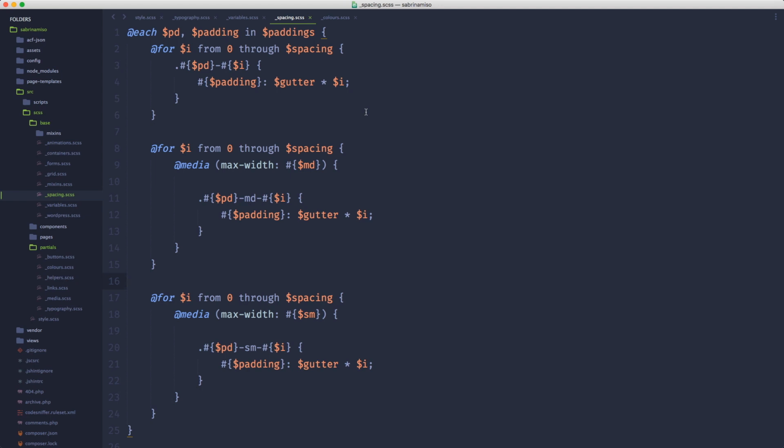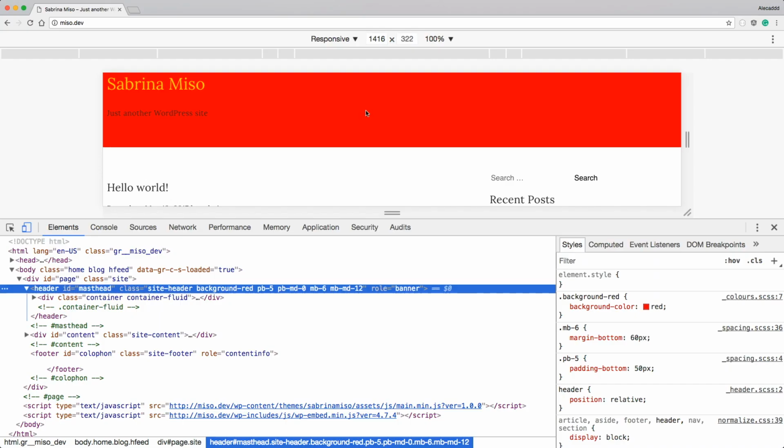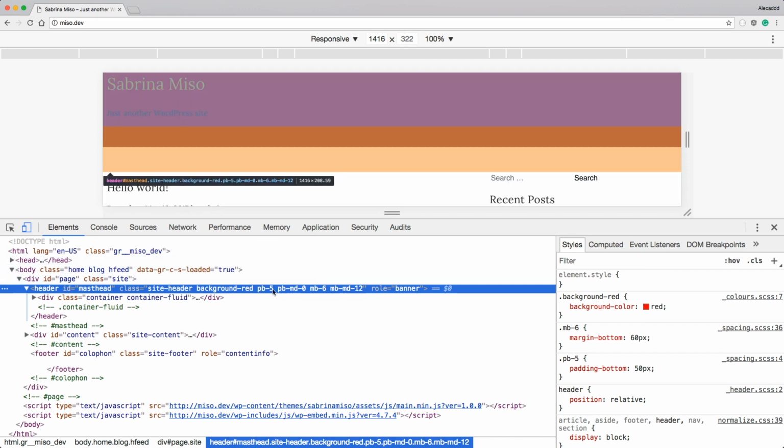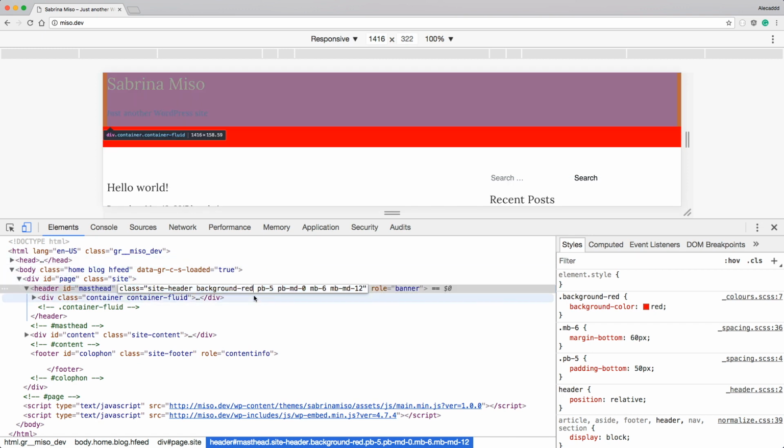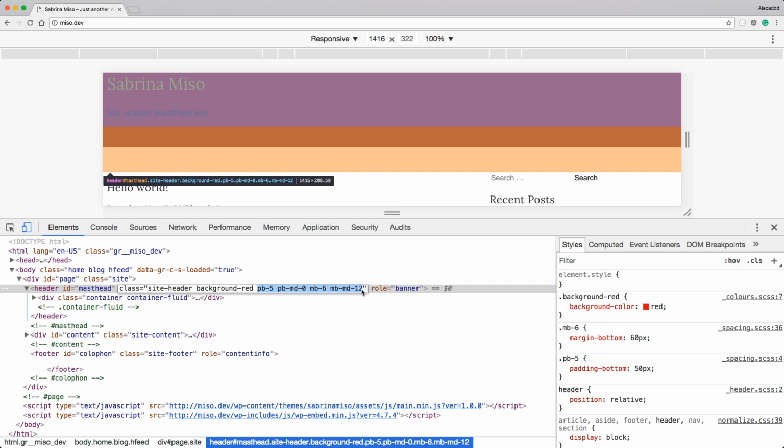I have these modular, scalable, and globally applicable declarations and classes that I can quickly apply to my elements without redeclaring and creating new classes. So my CSS will be way more streamlined because I'm reusing the same classes in a modular way. And of course, at the end, you will probably have your website looking like this, having all these weird classes